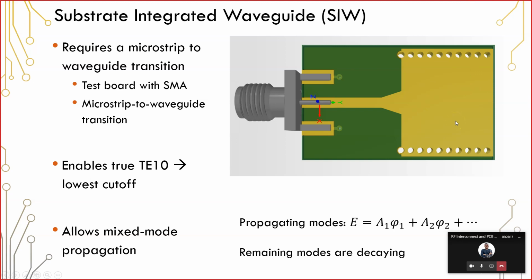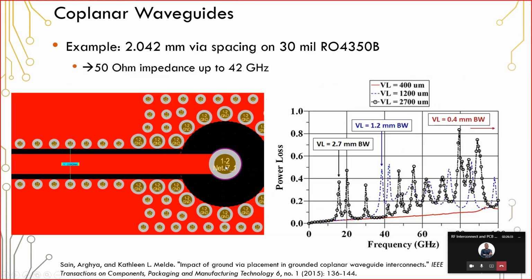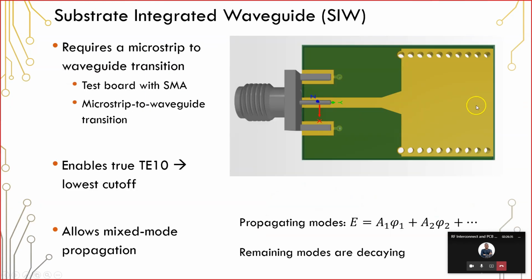You don't really need it for the application that we're going to look at here in just a moment. But this particular structure allows you to transmit at just one mode, meaning at just one specific electric field distribution. Now, that can be very useful because let's say we want to excite a specific electric field distribution inside of this structure. Well, if we then put a slot in the copper in this structure, we've now just created